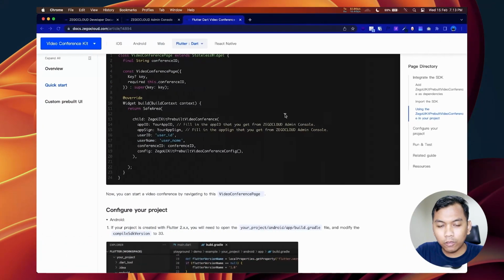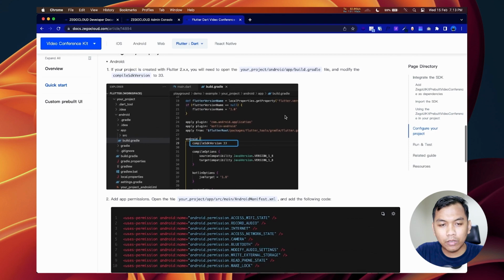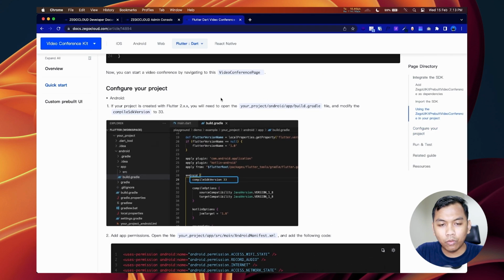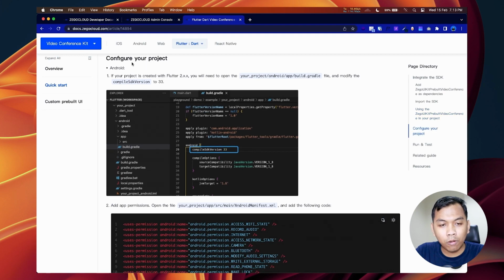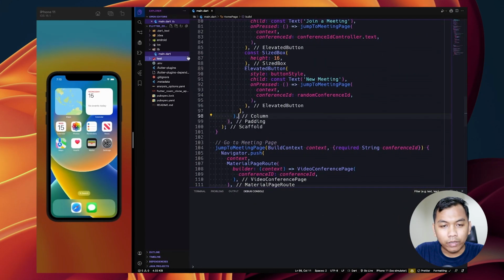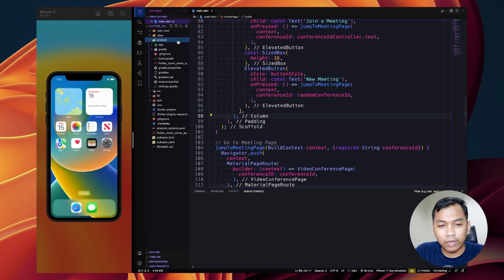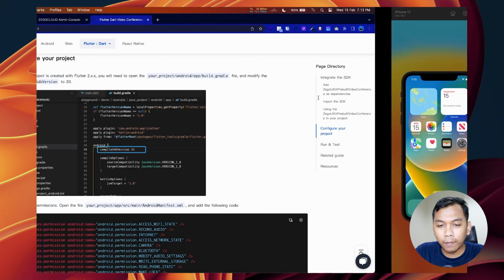Alright, so let's go back to documentation again. So before we debug or run our app, we need to configure our project. First, for Android, let's go to android/app/build.gradle. So here it's located on android app build.gradle.